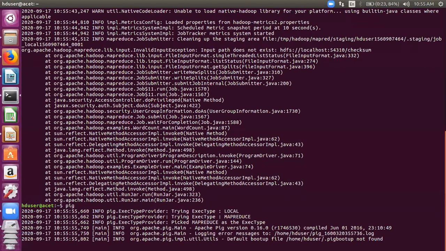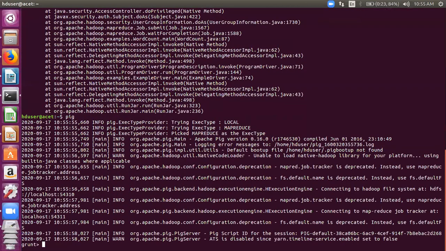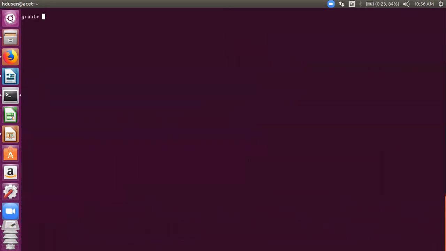Remember this, I'll send this file to you also if you want to check the word count, because the default program in MapReduce is very, very difficult. It's in Java and it's a very lengthy program. It uses a large number of Java classes, but in Pig we'll just write it in 5 lines. So let's see the Pig command.